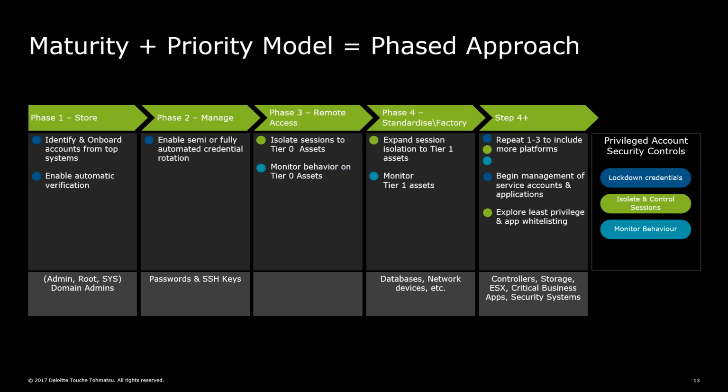Step 4 and above is the continuation of the same process again and again, but for tier 1, tier 2, and later on other credentials that we prioritize later in the priority model,